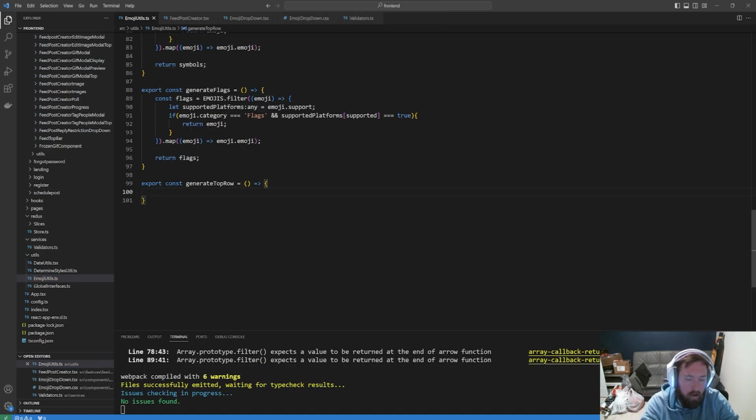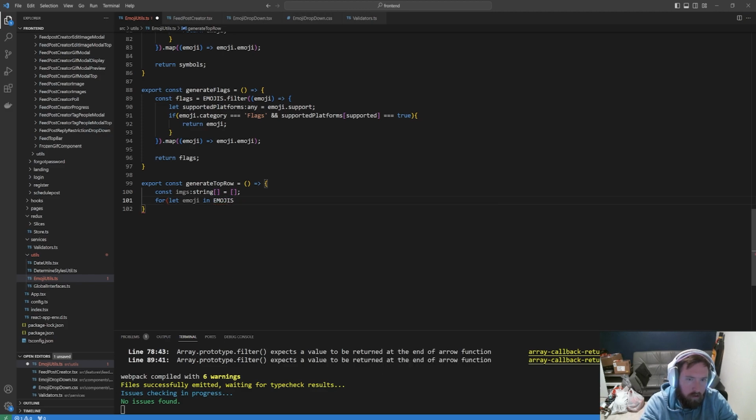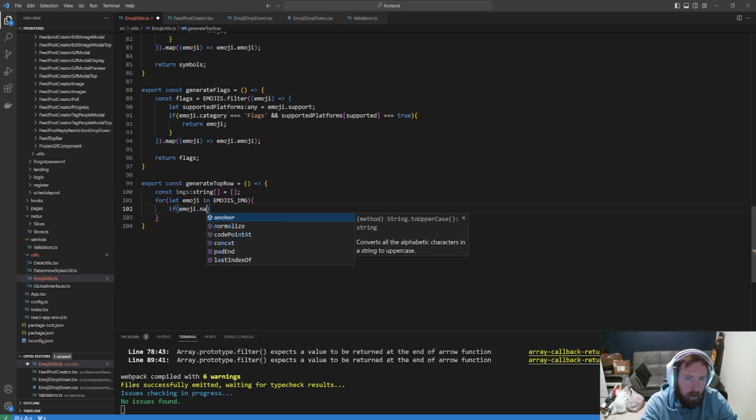Now we're gonna go ahead and say const images is gonna be a string array, and it's gonna equal a new array. For let image, actually say let emoji in emojis_img. I always forget for in versus for of. So we're gonna say if emoji dot, and then we want name, so maybe it is let emoji of emojis. Oh yeah, that's right, because it is an array. I'm just stupid, it's not an object. We want emoji.name to equal